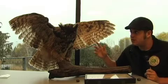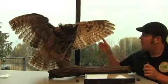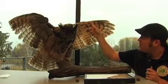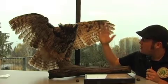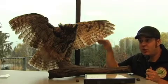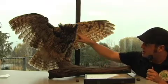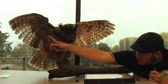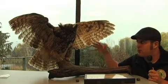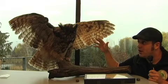One of the first ones is actually right here. On the top of the feathers here, you can see it actually has a comb-like appearance, and those feathers are up there to reduce the vibration caused by wind going through the feathers, and you can see here on the inside where the feathers are very, very thick, that's almost like a noise dampener, and that helps to reduce, again, the noise, because when owls actually swoop